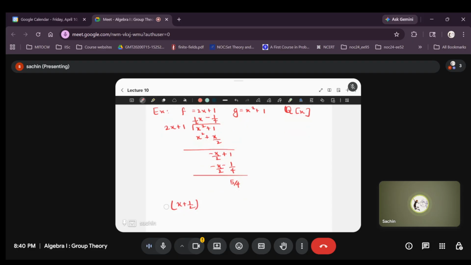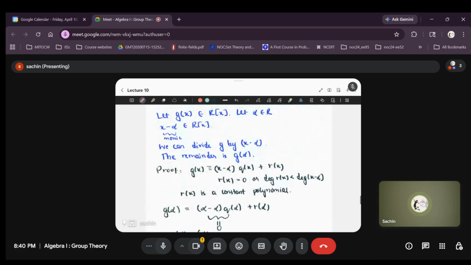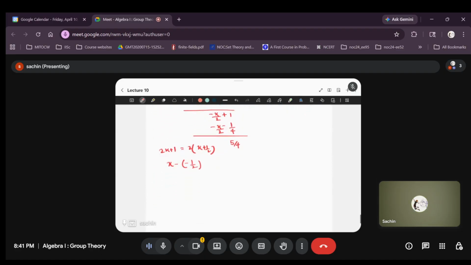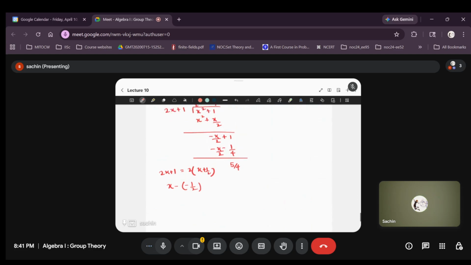Whether you divide by x plus half or 2 into x plus half, you'll get the same remainder. So if all you care about is the remainder, instead of dividing by 2 into x plus half, which is 2x plus 1, you divide by only x plus half. But x plus half can be written as x minus of minus half. So in this theorem, alpha is minus half, which is a member of Q. So the remainder will be g of alpha. Here g of x is x square plus 1. So the remainder is